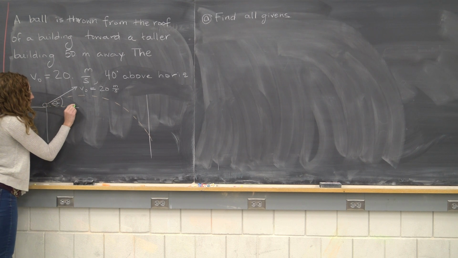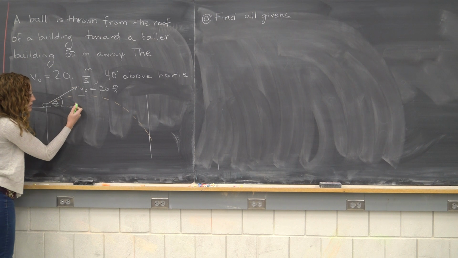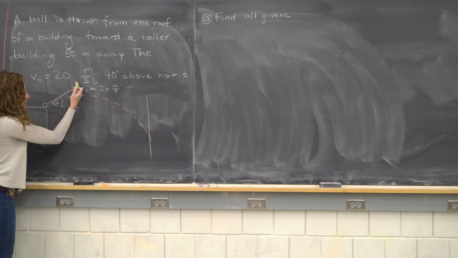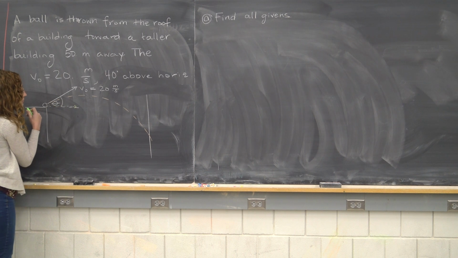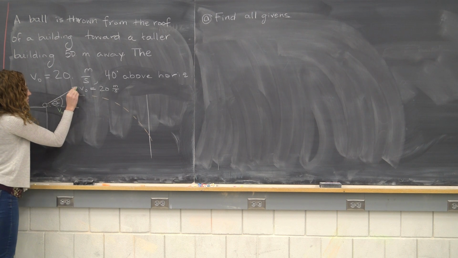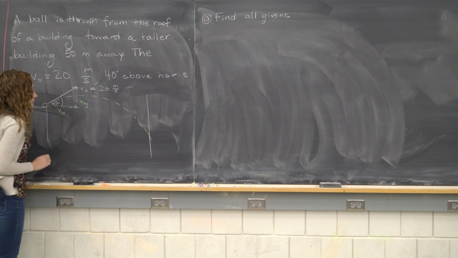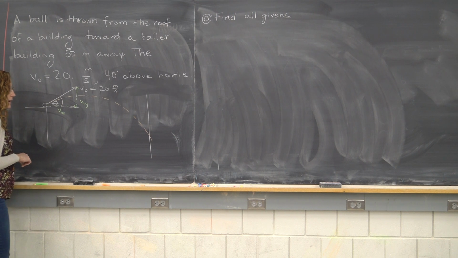So the x component of my vector, make sure that your x component of the vector comes straight down from the tip of this vector, just like that. It doesn't go any further or smaller. So this is going to be our v naught x, and then right here, this will be our v naught y, just like that. And straight off the bat, we can find what v naught x and v naught y